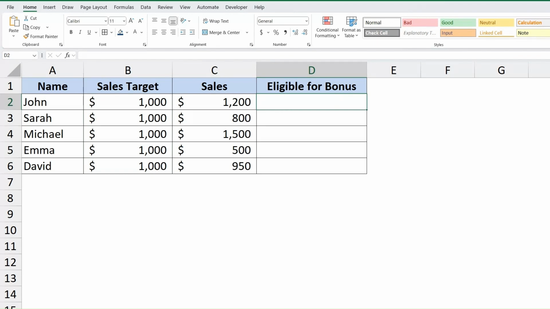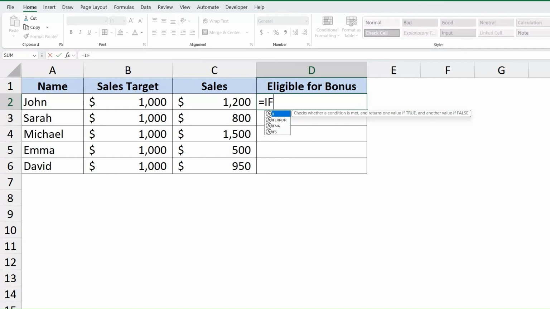Now, let's start writing the IF function in column D. For this, I will double click the cell D2, equal IF, open the brackets or press tab, and now we have our function arguments, which are very important to obtain a good result in our formula. So, first one, it's the logical test. Logical test, in our case,